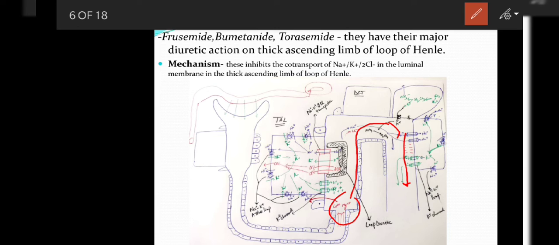Also we see that if a patient is on furosemide on a long term basis, there will be excessive calcium losses, as it will be present in the urine, and this may eventually activate the parathyroid hormone, which in turn will activate certain osteoclasts in the bone to release calcium, and this can lead to osteoporosis.